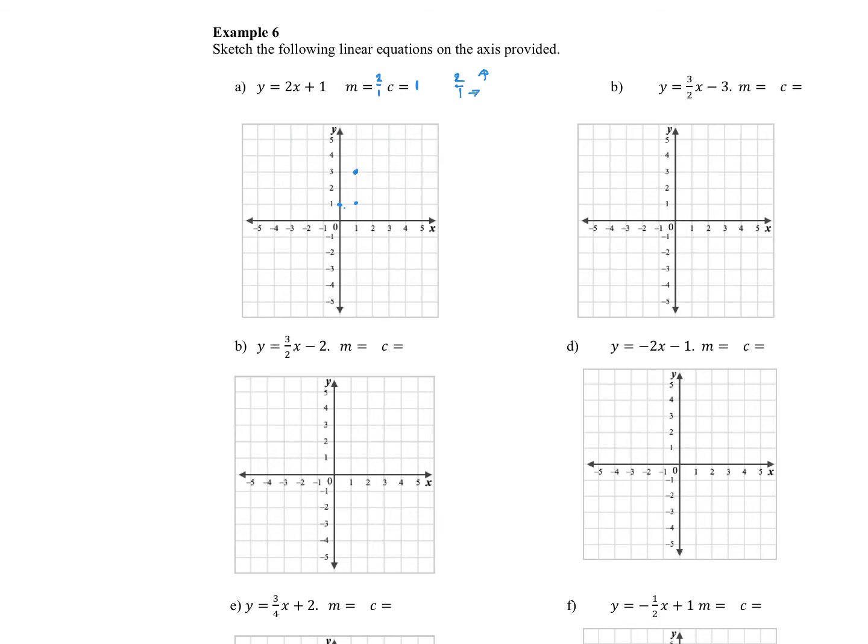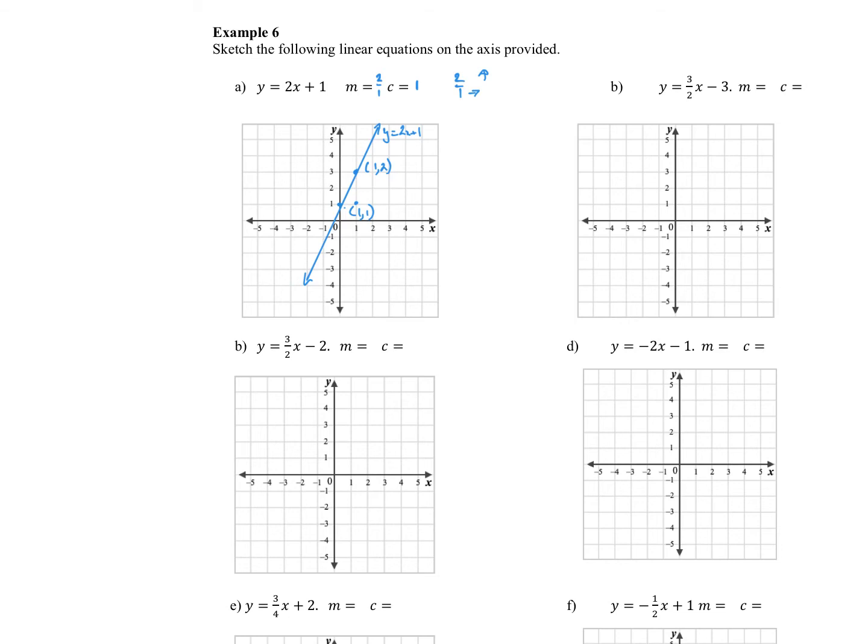There's my ruler. And then if I get my ruler, I can sketch a line that goes through those two points. So I'm going to put arrows on it, label those points as the point (1, 2) and the point (0, 1), and I'm going to write y equals 2x plus 1. Okay,